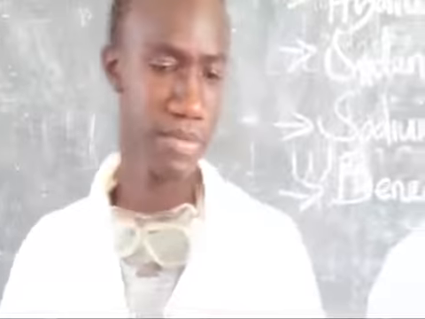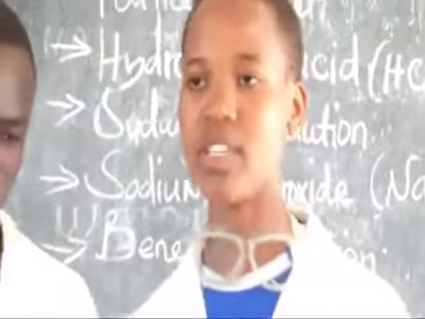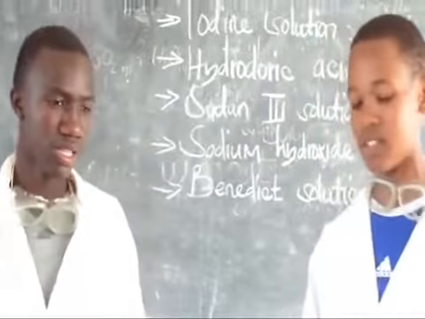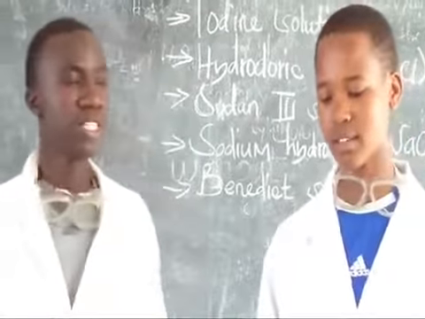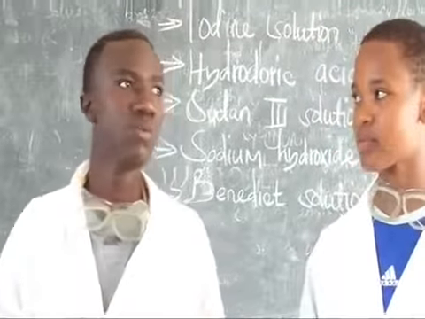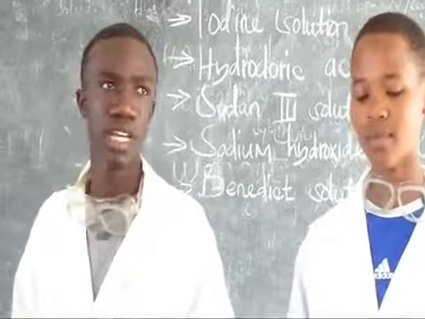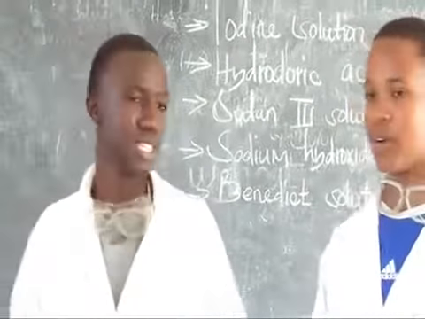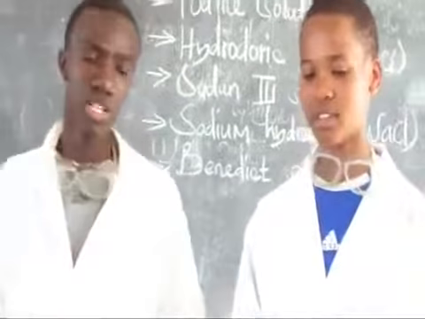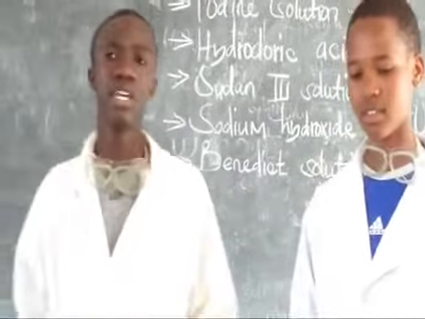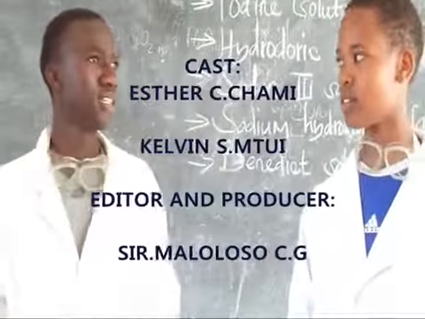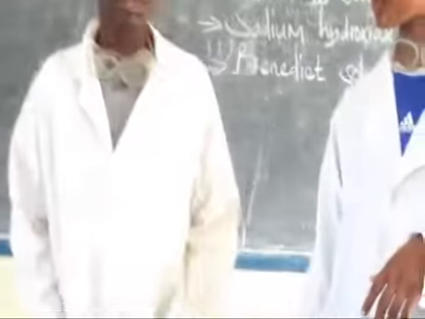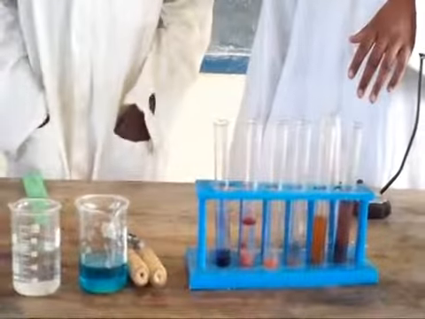Okay, we have to know what kinds of meal we are eating so as to maintain a balanced diet. But where can we get such kinds of foodstuff that are being tested? For example, lipids we can obtain by drinking milk and from groundnuts, sunflower and coconuts. Okay, what about protein? Protein you can also obtain by eating meat, eggs, and yeah, that's all. And what about fat? The fats you obtain by